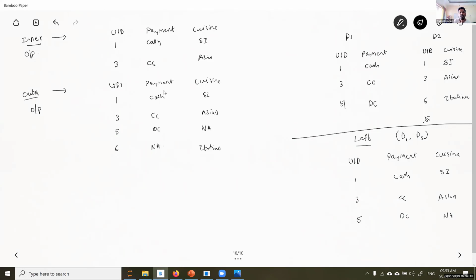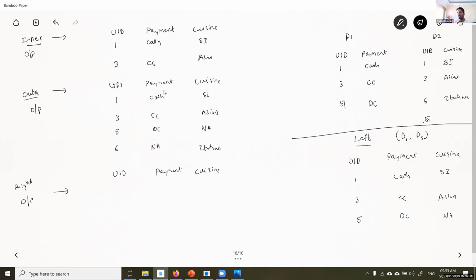And finally, in the right join output, how will it be? User ID, payment, cuisine. This is the same. Merging will happen, but in right join, what happens?